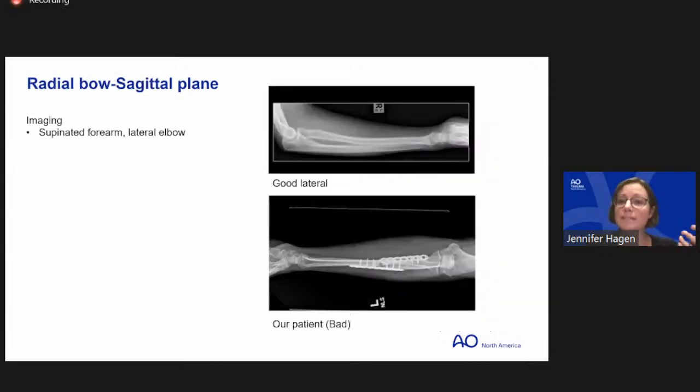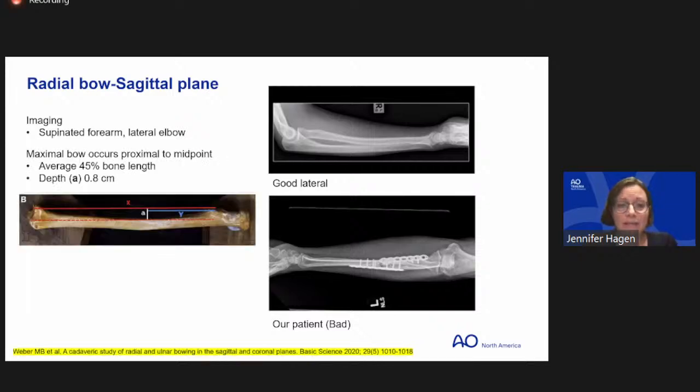So there's also a bow on the sagittal plane. So imaging on the lateral is also very important. The top x-ray is a good lateral. It's a lateral of the elbow and a lateral of both the radius and the ulna without any rotation in the forearm. We have a bad lateral. Again, this is a contralateral arm. So we have a lateral of the wrist, but then we have an AP of the elbow, right? So the arm is sitting in neutral and they've rotated it and then just shot down like this. So that again doesn't show the position of the distal radial ulnar joint very well at all.